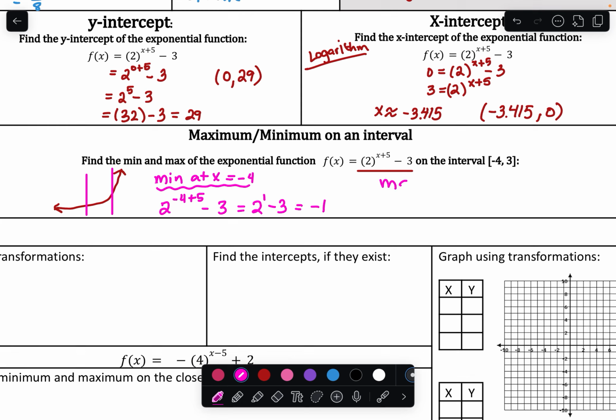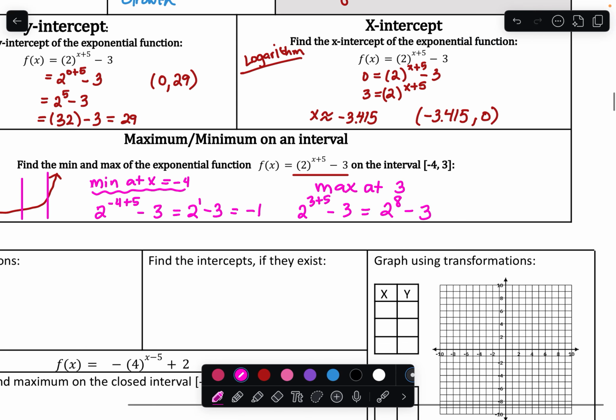We should have a maximum at 3. We get 2 to the 3 plus 5 minus 3, which is 2 to the 8th power minus 3. All right, 2 to the 8th power, I may not know what that is off the top of my head, but I sure can do the math. Here, I know I can split this up as 2 to the 5th times 2 to the 3rd. 2 to the 5th is 32, and 32 times 8 gives me 256